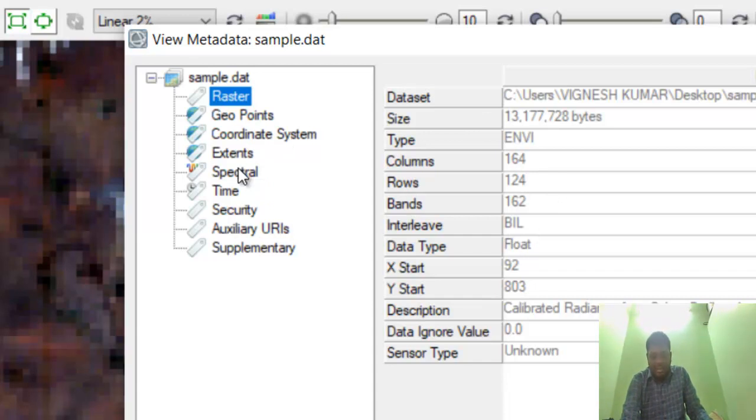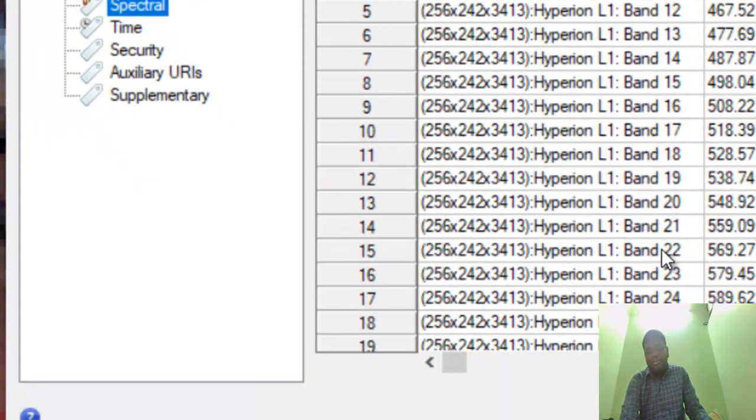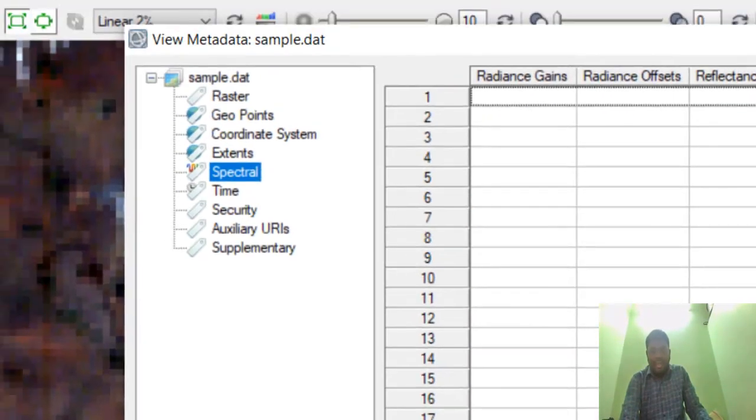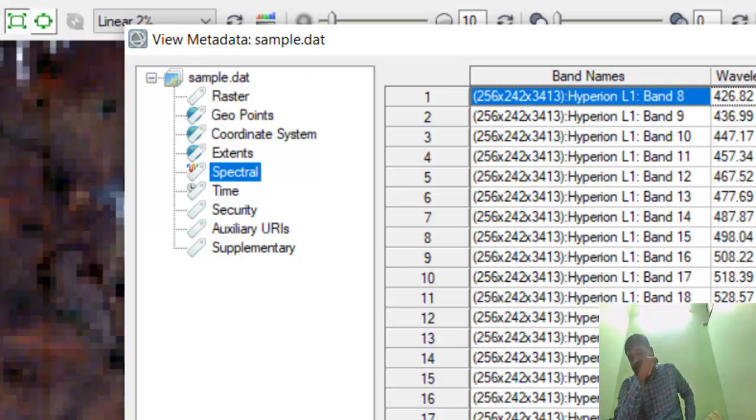You can see the image, and you may check the spectral data. In the spectral data, it will come with two values. One is the FWHM and another one is the irradiance value. If any one value is missed, the FLAASH atmospheric correction model will not run.